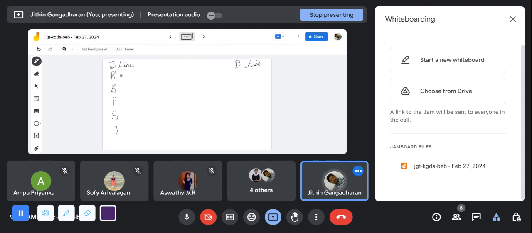R for rifampin or rifampicin. E for ethambutol. P for pyrazinamide. S for streptomycin. I is for isoniazid. Okay, so these are the medicines for tuberculosis: rifampin, ethambutol, pyrazinamide, streptomycin, and isoniazid. Okay, now